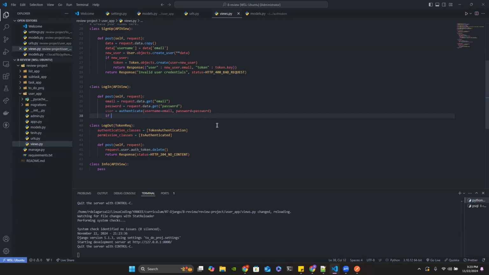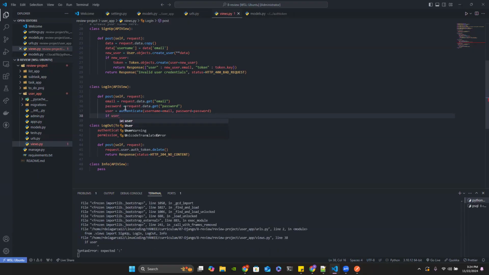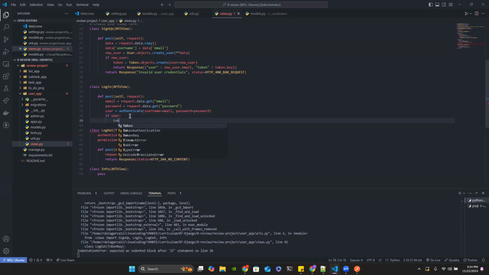So I say if user, and I say that because, as I mentioned, authenticate will return either an object or none, depending if it finds it in my database. So I check if it exists. If it is a user, I want to create a token